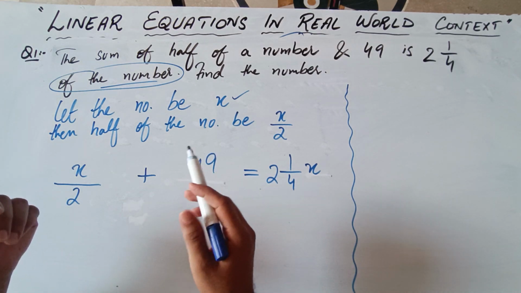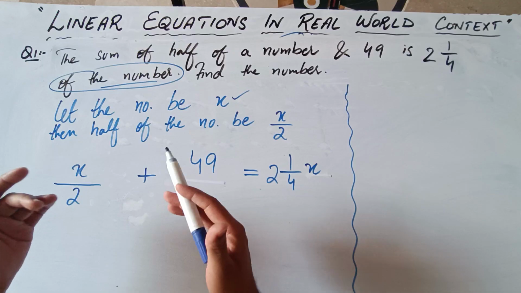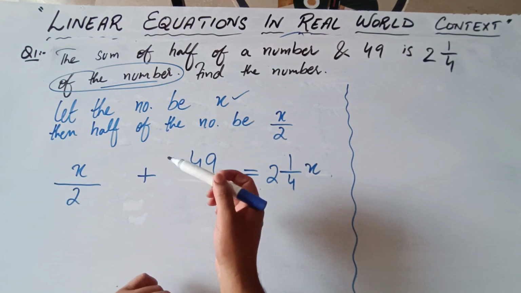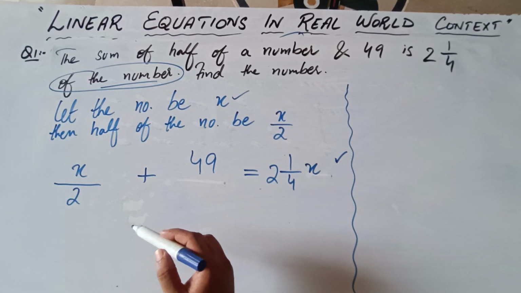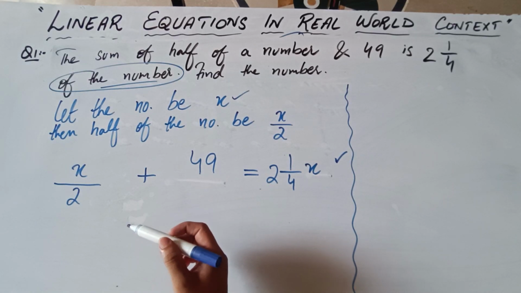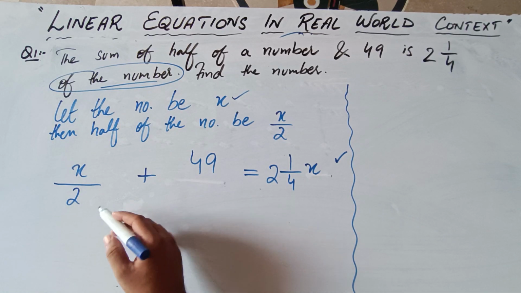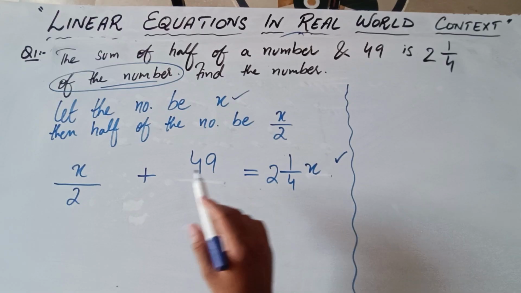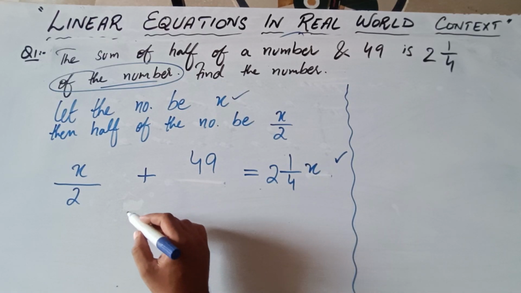So first of all, read the question very attentively, then try to do the consideration correctly and then construct the equation. If you construct the correct equation, then there is no difficulty in getting the correct answer. Now we have to solve it for x. It's up to you. If you want to find the LCM, you can, and if you want to bring both the x terms to one side, this is also one of the ways.